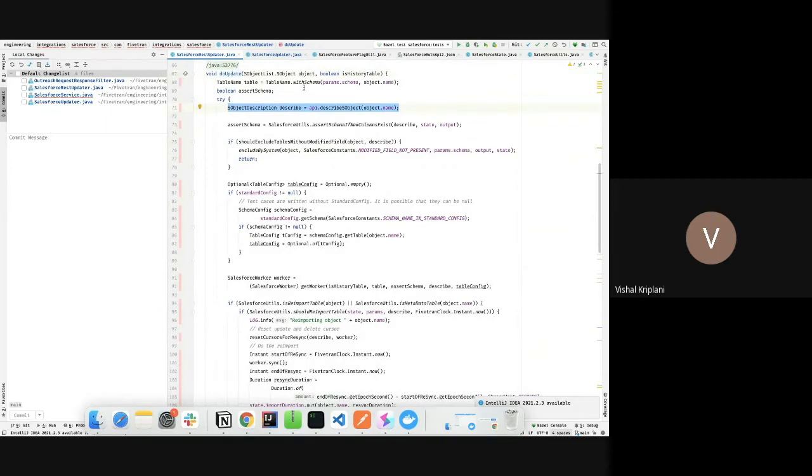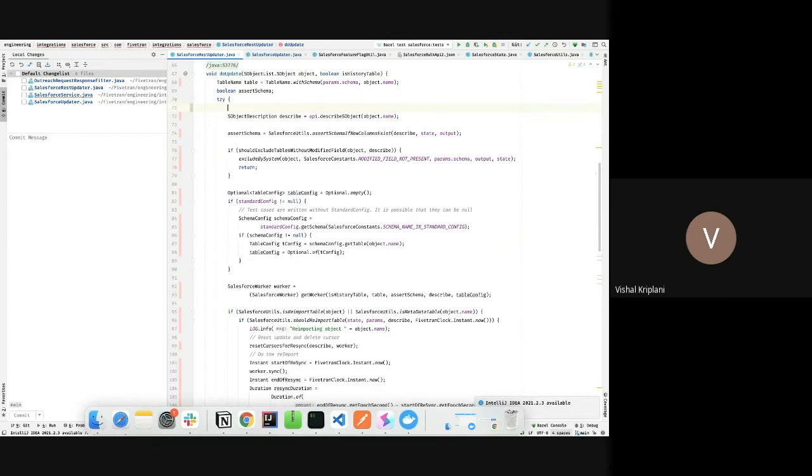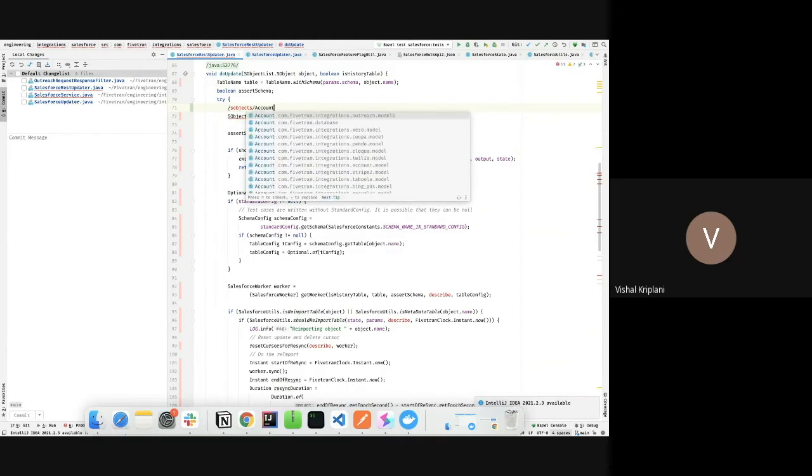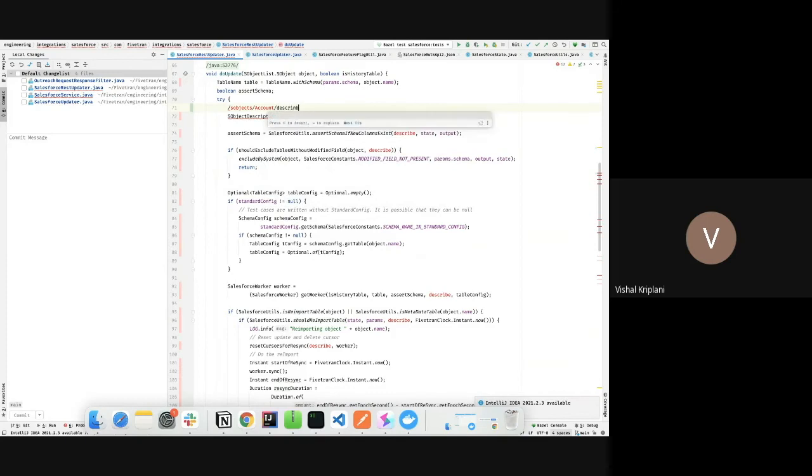So till now we have just the name and a few properties of the object, but we don't have the fields of that object. For getting the fields and the field information, field types, we have to do a describe call. So how will the describe call look? Let's suppose we have to describe the Account object. So we'll do /sobjects/Account/describe. This is how the API call will look when you describe a particular object.